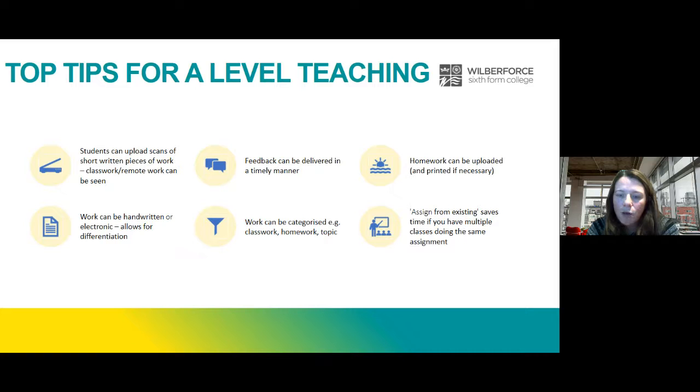I taught them all how to use Office Lens, which converts their written work into a PDF, so it's easy to read, and it will attach multiple pages so that it's just one PDF. One of the things assignments doesn't do very well is when they're uploading individual pieces of work, it doesn't put them in the right order. So I very quickly encourage your students to use any PDF scanner, but the Office Lens works well.